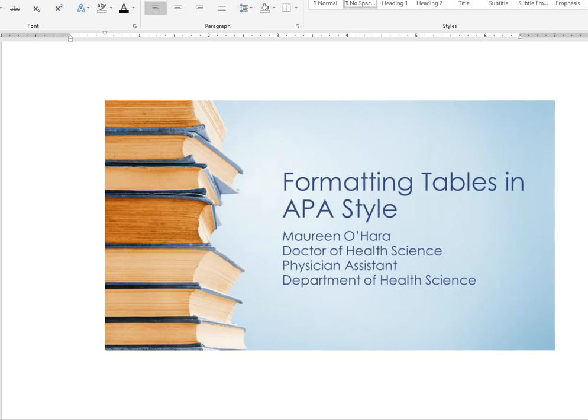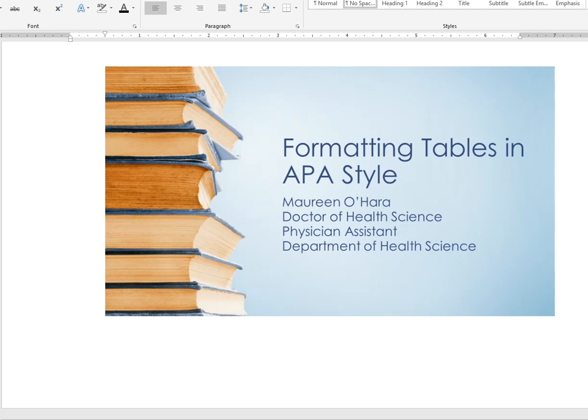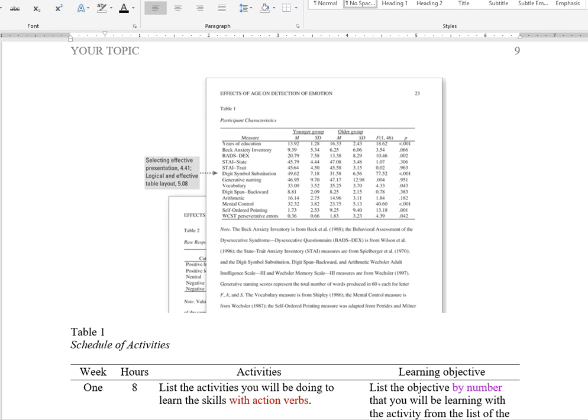This is Dr. O'Hara, and I wanted to give you some more detailed information on formatting tables in APA style. So I just want to point out that there is this example on page 52 in the book where it's